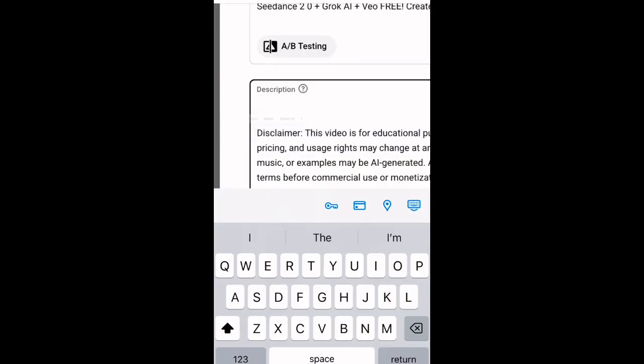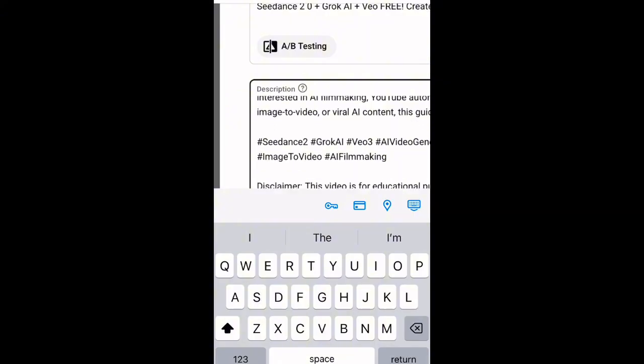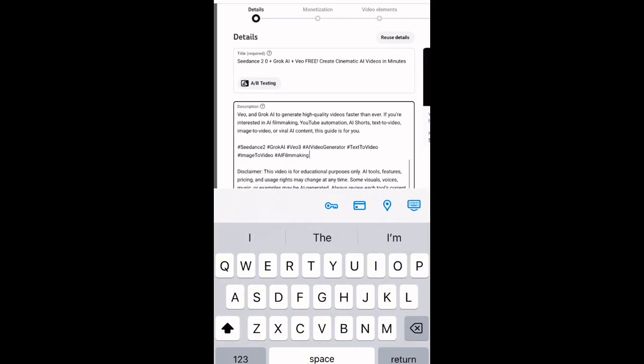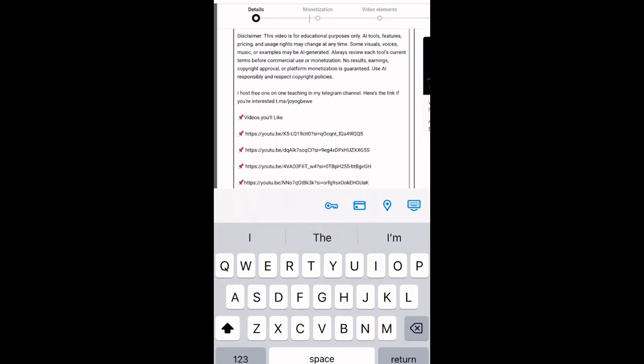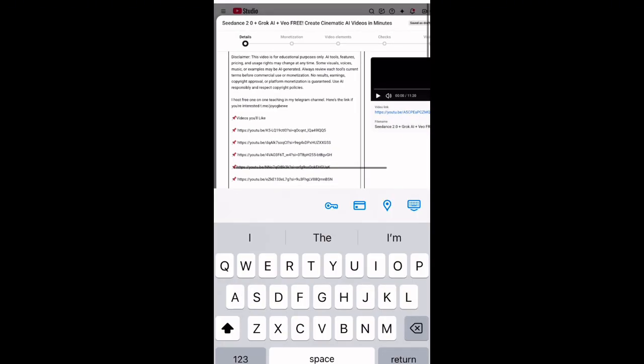So those of you that don't know how to do description, you can use this, and I can also show you another strategy that you can use as well. But let's do this one first so you don't get confused. Okay, now my description and my hashtags, are you seeing it? They are all there already. These are key hashtags that will make my videos get views. Okay, now just remove this keypad.